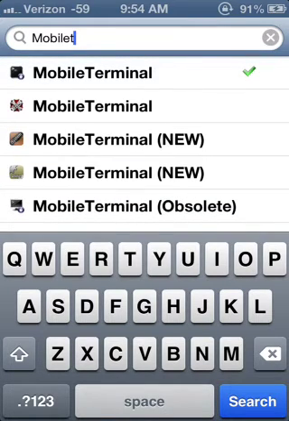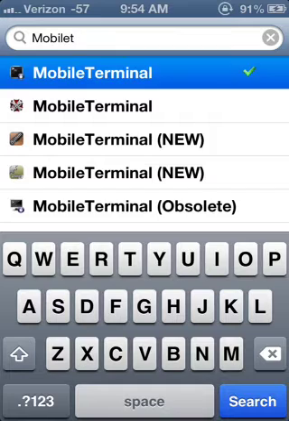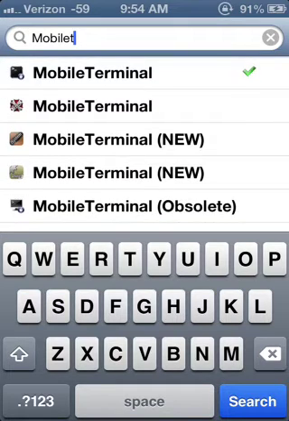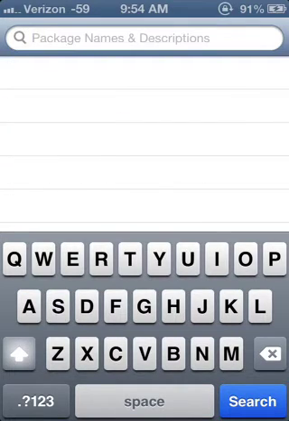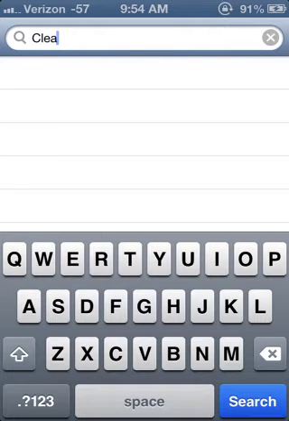So it's up to you. I haven't tried the new one. I don't know what's new about it. I just think they just put new just to make you download it. But pretty much it worked. It sped up my phone, increased it big time. So install mobile terminal. As soon as that one's done installing, install clean up space,